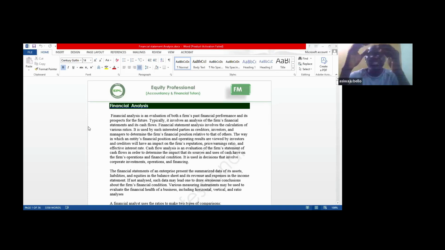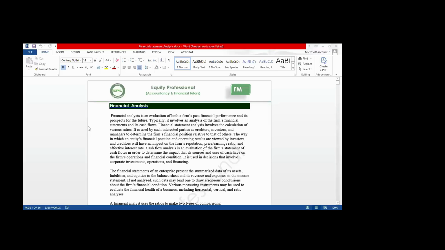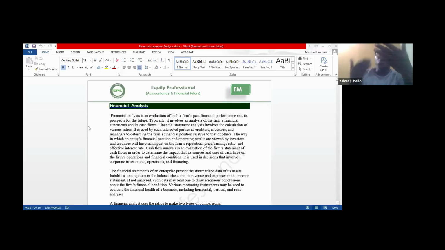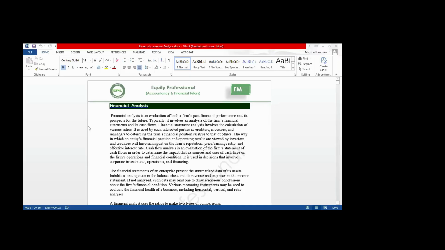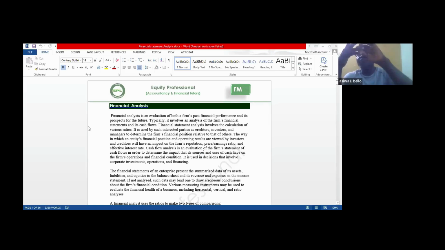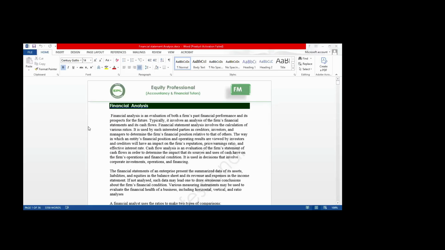Under ratio analysis, we have liquidity ratios, profitability ratios, leverage ratios, and investors ratio. These ratios can be used to evaluate performance in terms of profitability, in terms of liquidity, and in terms of